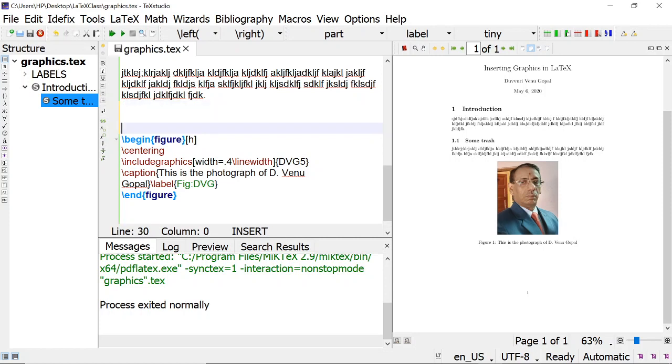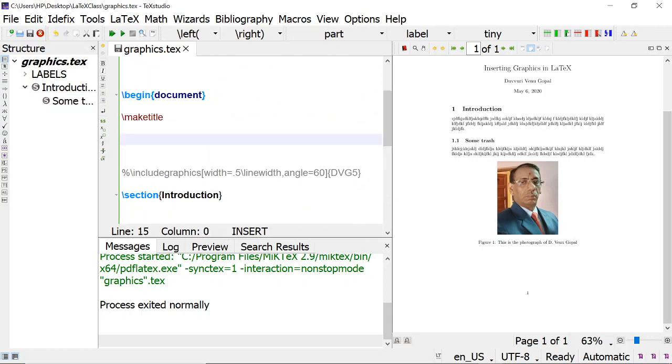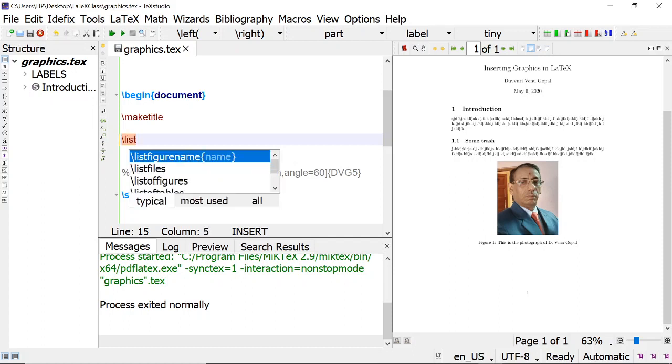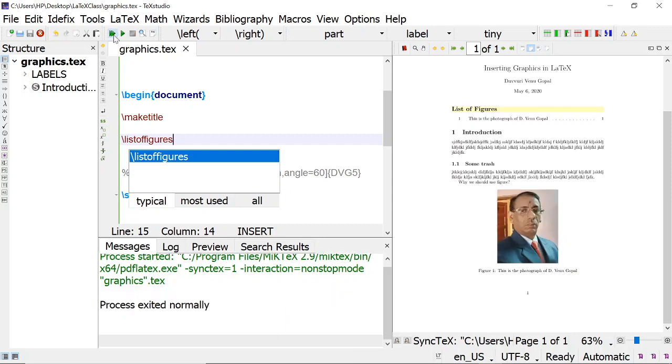And why should we use figure? If we use this figure environment, there is this caption option. Using this we can automatically create our own list of figures. Now when we compile our document, what happens? See, the list of figures will also come.